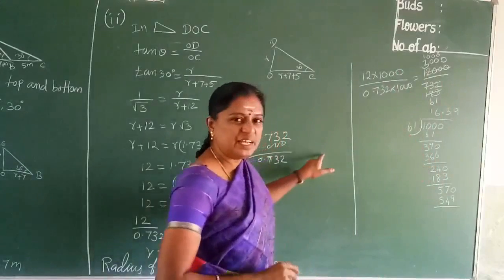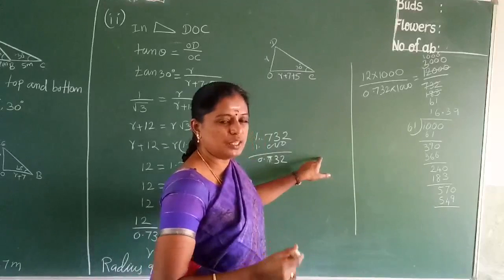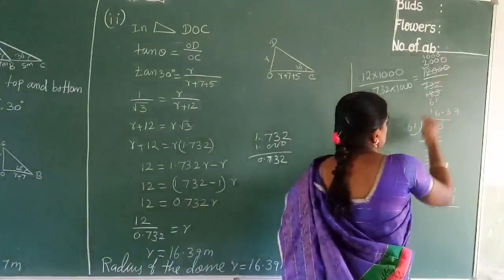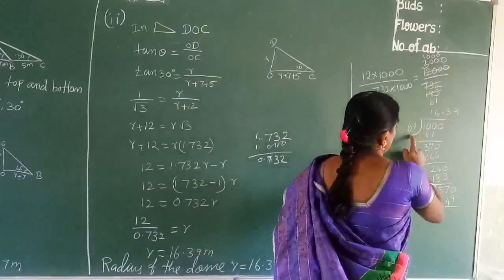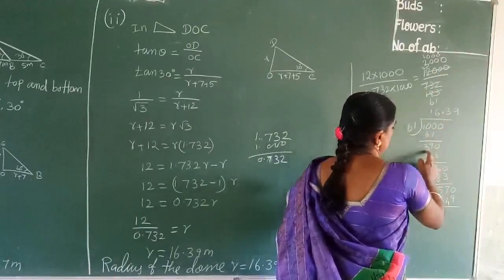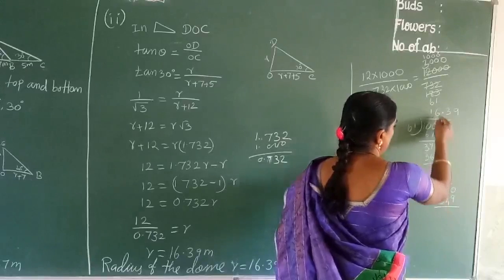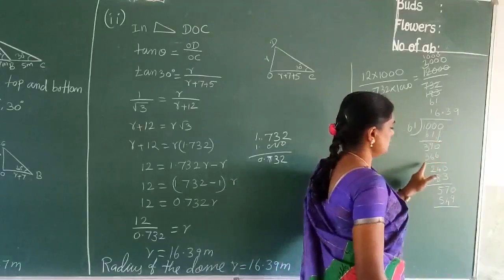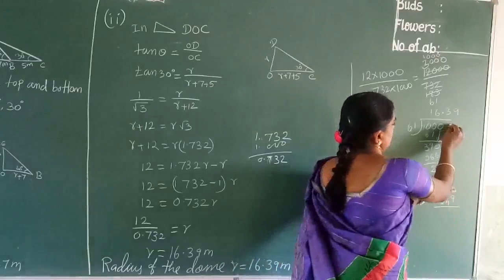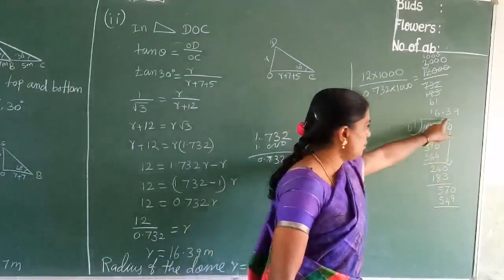You divide by any common number, the 2 table or 3 table or 5 table, and then divide by the ordinary method. So at last you get 1000 by 61. 1000 divided by 61: 1 times 61, remaining 39, and bring down the 0. 399, how many times? 6 times. 6 times 61 is 366. Remainder 24, and bring down the next zeros. Doing the same things, at last we get 16.39.